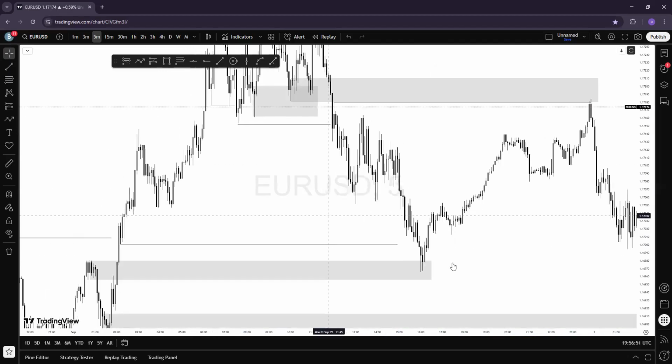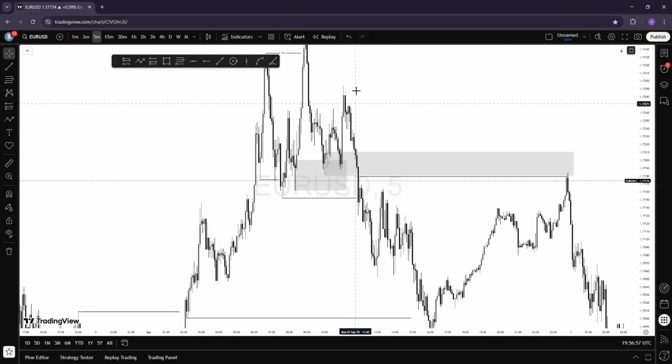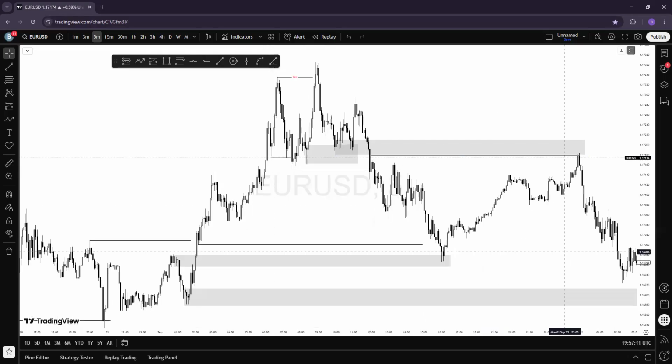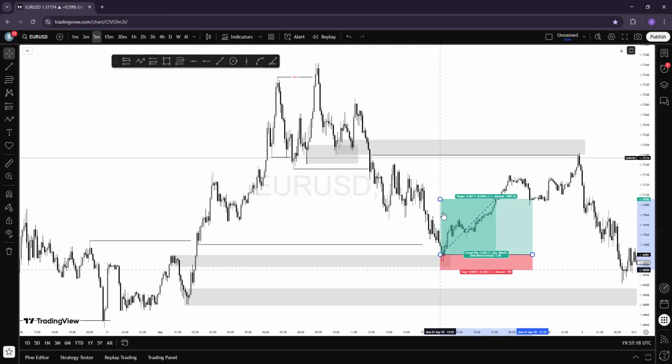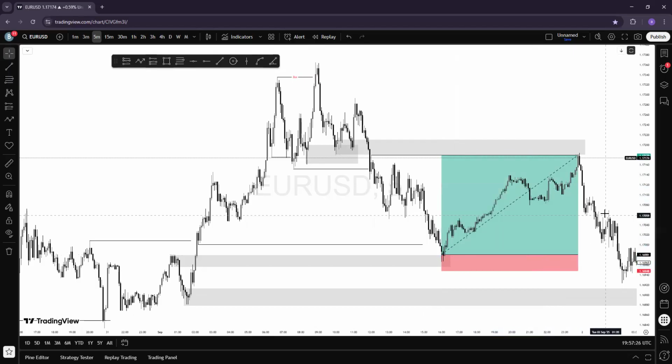If I am buying now, where will be my target? This internal liquidity. I won't be targeting this one because this particular level is a strong supply level and it can sell the market. And we already have our change of character here, so we should know that we are selling. But if we are trying to do ping pong, trying to catch this buy, you can easily catch this buy somewhere around here, stop loss below here, and then target the internal liquidity, which is here. That will be the first entry.